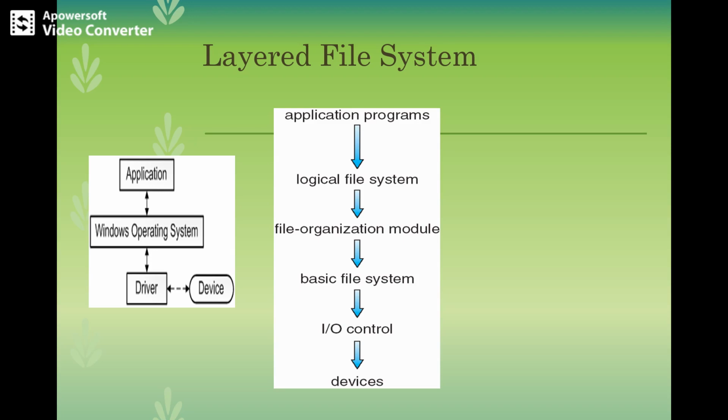This is the layered file system, and most operating systems support more than one file system. For example, most CD-ROMs are written in High Sierra format, which is the standard format agreed upon by CD-ROM manufacturers. Without such standards, there will be little interoperability between the systems. The file system itself is composed of many different levels, as you can see here.